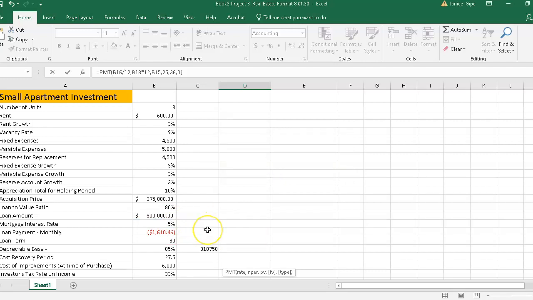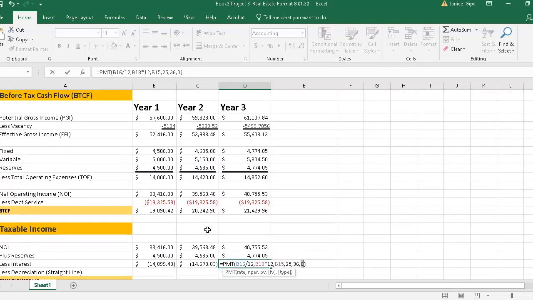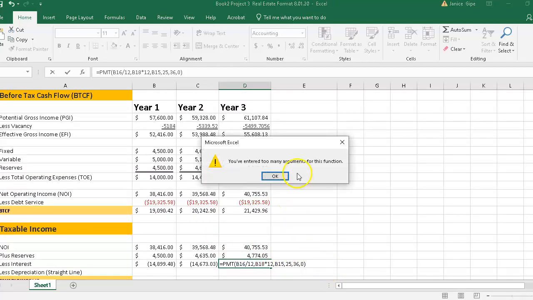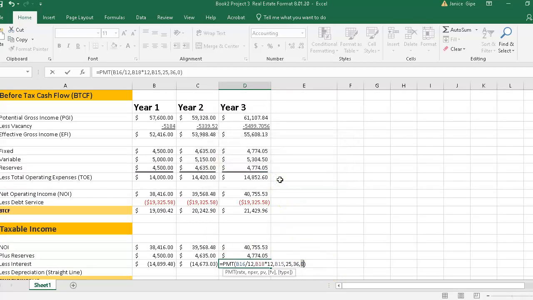Didn't like that. I'm going to try that again, okay, the payment,